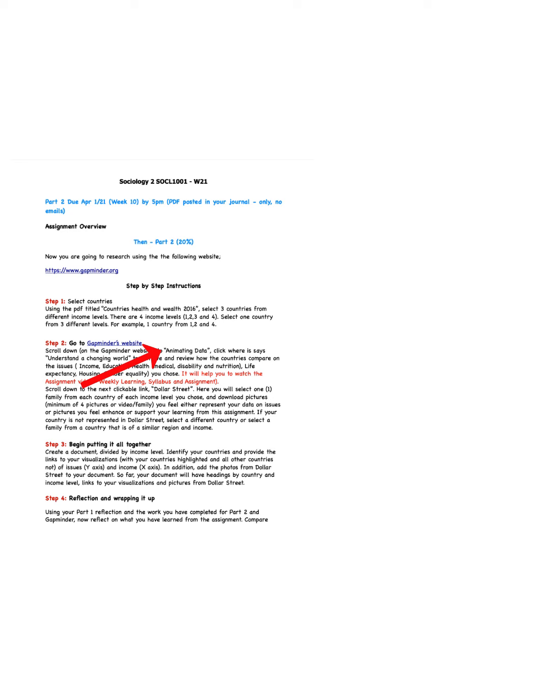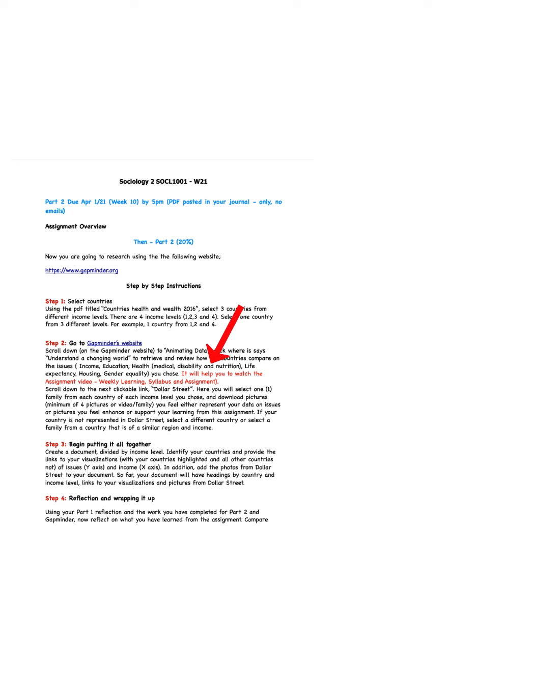On the level of access that I showed where it had life expectancy, I changed it to things like education. That's the area where you need to do income, education, health, life expectancy, housing, and gender equality. So altogether that is 1, 2, 3, 4, 5, 6 areas. So you're going to have 6 bubble charts, if you will, and where I showed you to go up and get the URL, there should be 6 of those in your